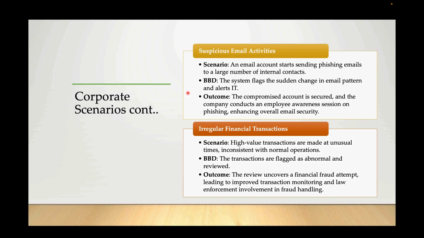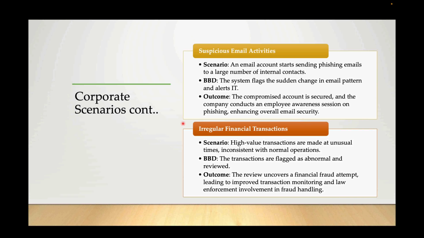Another common scenario here, we have suspicious email activities, like an email account in the corporation that starts sending phishing emails to a large number of people inside the organization. The system will flag this as a sudden change in email pattern and alert IT. The result, this compromised account is blocked or secured, and the company conducts an employee awareness session on phishing,